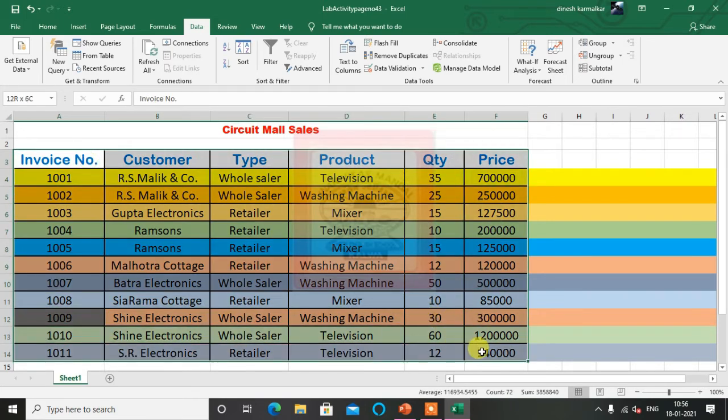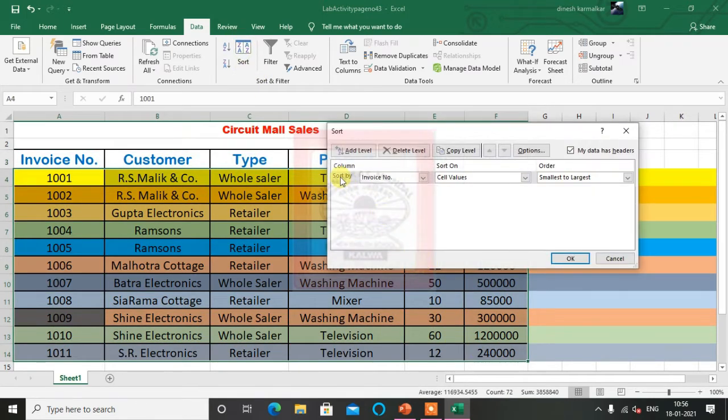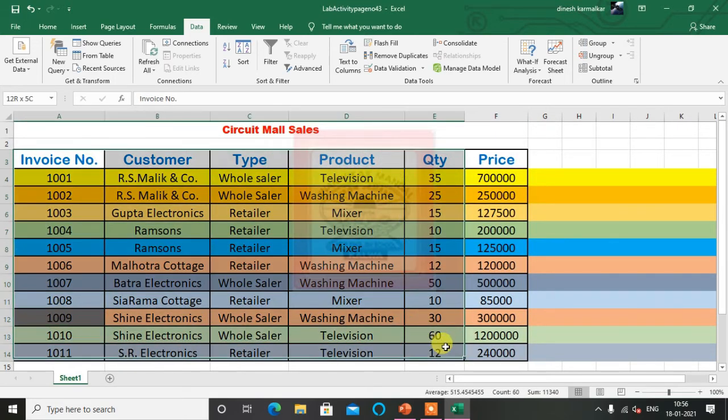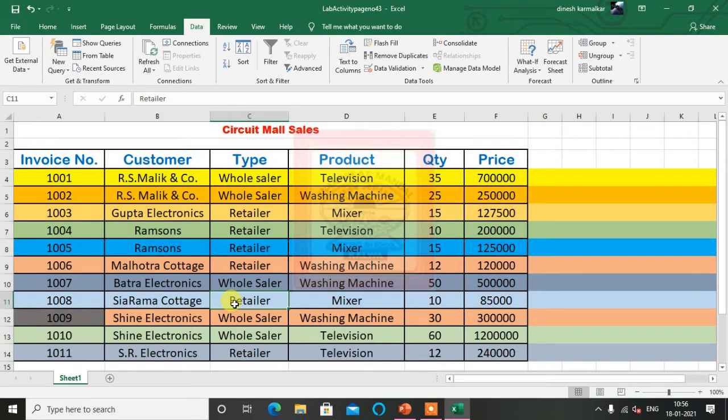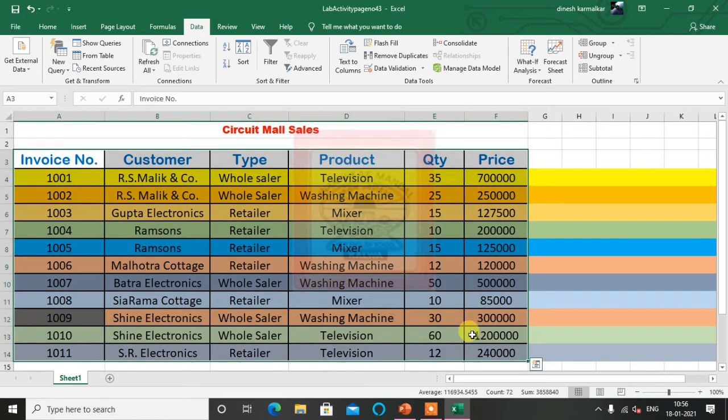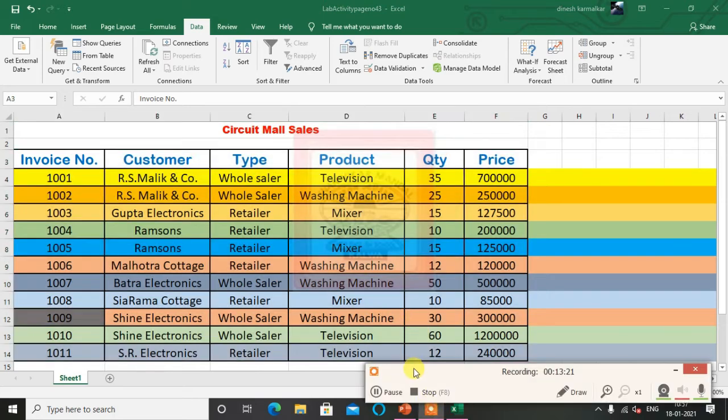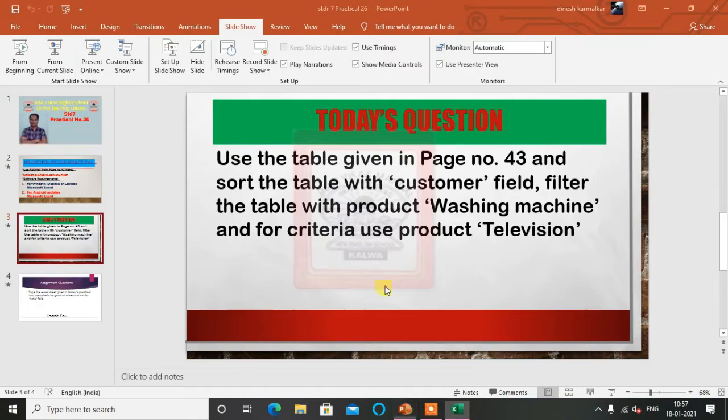Now in this I can remove this level from here. So you can see now it is as it was, still coming in the invoice way only. So this has been sorted by invoice, which was the default sorting. Whatever sorting we had given to customer, type, all has been removed. Now you can see this is our old record we are getting. The last one we are going to see is the filter option.